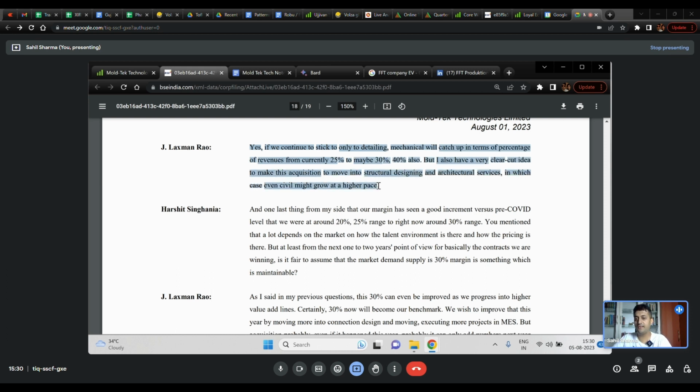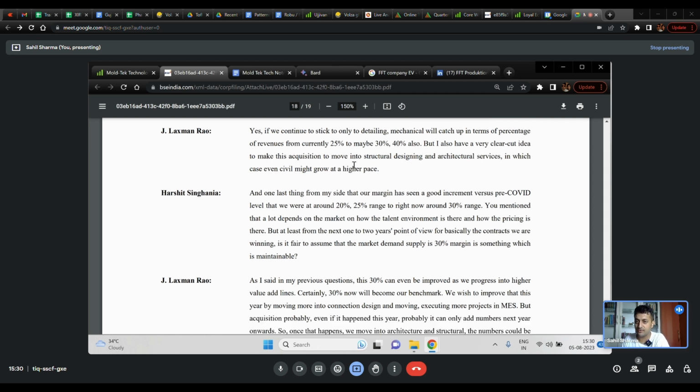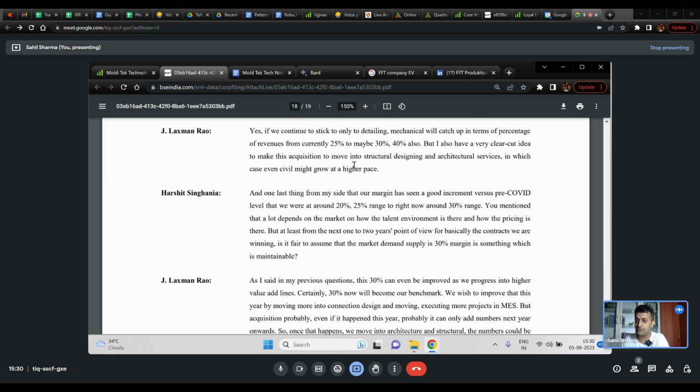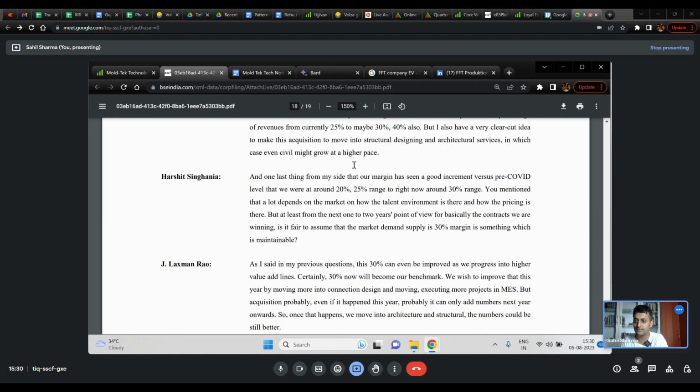Yeah, so he's talked about the fact that, see, I have strategic intent in both the segments. Probably mechanical can be larger, but I have intent to grow in civil also. I think it's not showing anything to us, to be honest. Even the comment he's saying where it can be 30 to 40, I would not take that very seriously for the simple reason that civil is also growing.